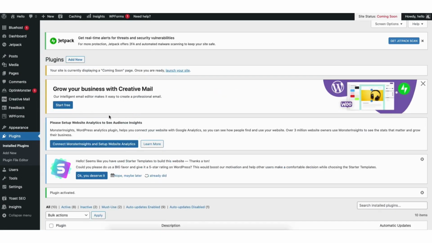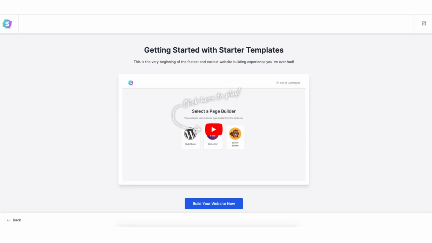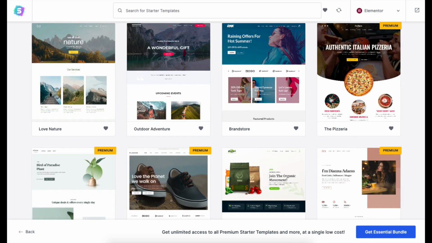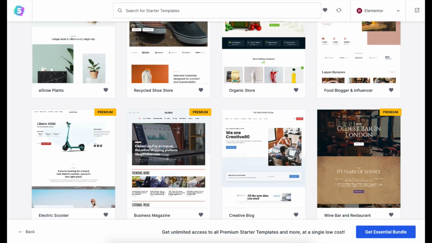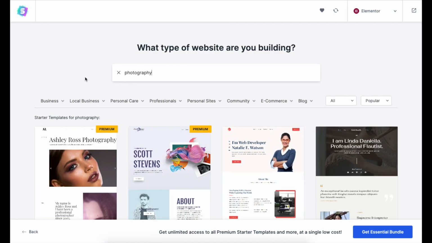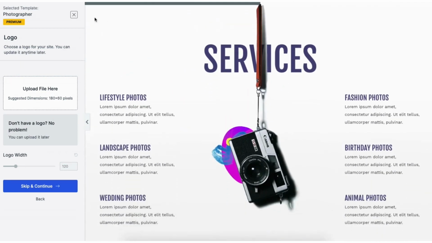Hover over the Appearance tab in the side menu. Click on Starter Templates. You now want to click the Build Your Website button. Choose Elementor for the page builder. It'll now showcase a bunch of WordPress themes you can create your site with using drag and drop. You can type in the type of website you want to create to pull up templates based on that. You'll see a bunch of categories you can hover over and select to build your site. If you click a theme, it'll show you what it will look like so you can preview it. Click the X button to go back to the